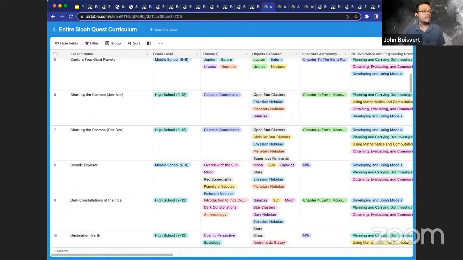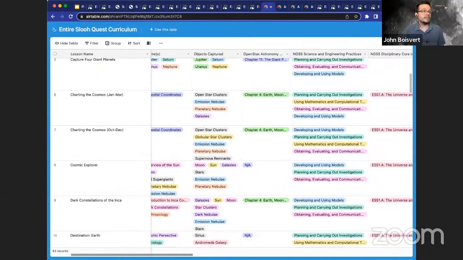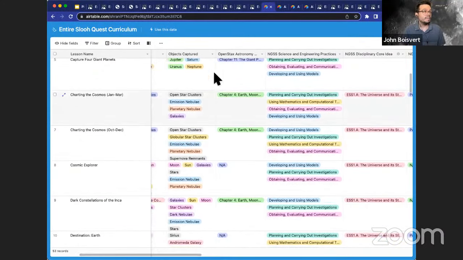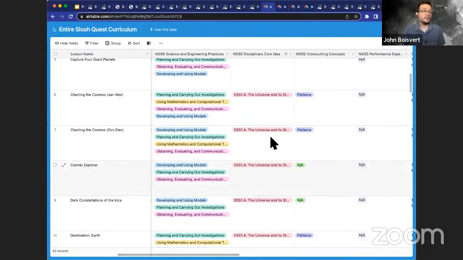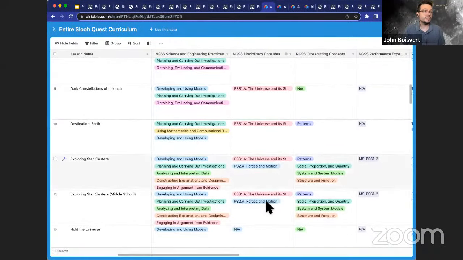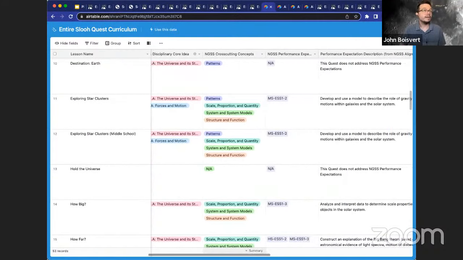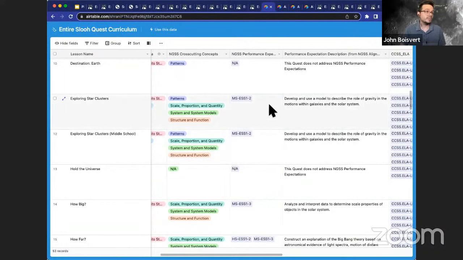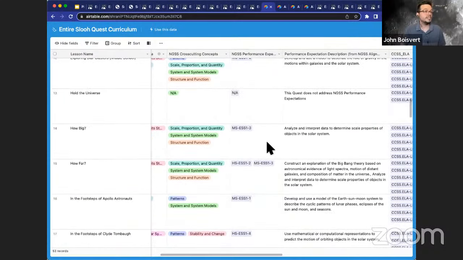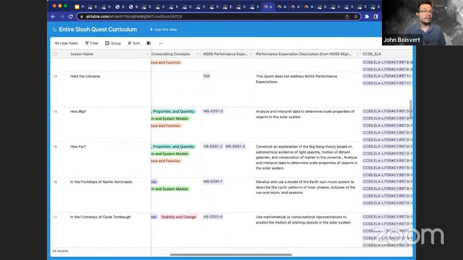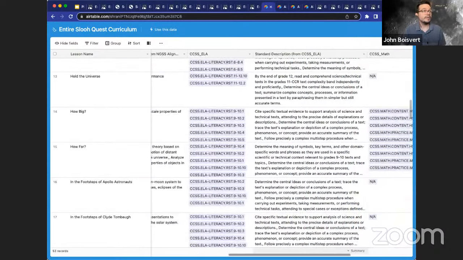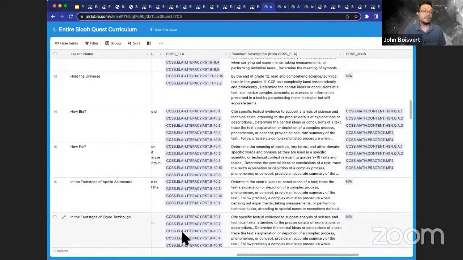And as you can see, as I scroll from one side to the other, we have the NGSS science and engineering practices for the quests, the disciplinary core ideas that the quests align to, also cross-cutting concepts, and the performance expectations as well. These are NGSS performance expectations.